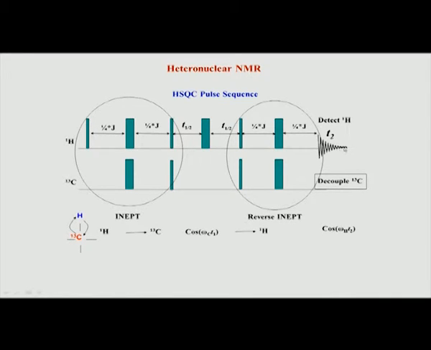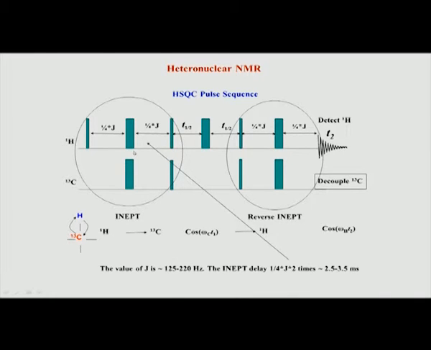T2 evolution. Now, if you look at the whole picture in total, what we have achieved is a transfer of magnetization from hydrogen to carbon, got the chemical shift of carbon, went back to proton and got the chemical shift of proton. So, what we have done is correlate or connect two atoms here, one is hydrogen and one is carbon. Therefore, when I do a Fourier transform of this combined signal, which is now T1 and T2, I would expect a 2D spectrum where the carbon and proton are correlated.